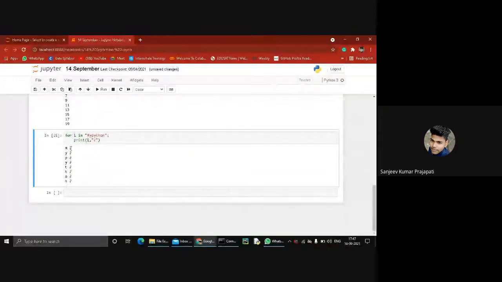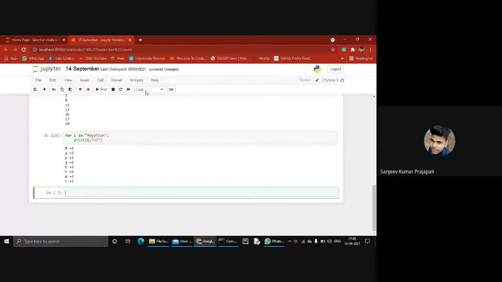The correct answer is like this. So how does it work? Firstly, i starts from 0. So the index of i is like M. The index of M is 0. So it prints M. Then it goes through i and comma and question mark. It prints the comma. When I type like this equal to, you see it prints like this: M equal to question mark and Y equal to question mark, something like that.